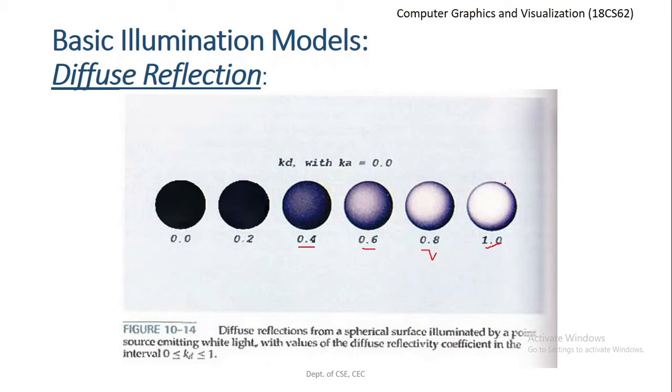is set to 0. So this is how we understand the value of the diffuse reflection coefficient kd and how it impacts the output while we are rendering 3D models using lighting effects. How does the diffuse reflection coefficient affect the output when we are trying to illuminate a given 3D object?